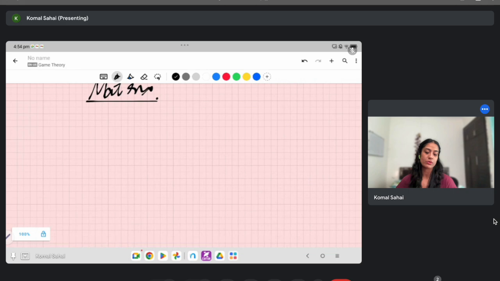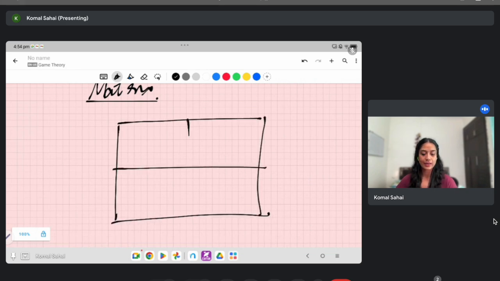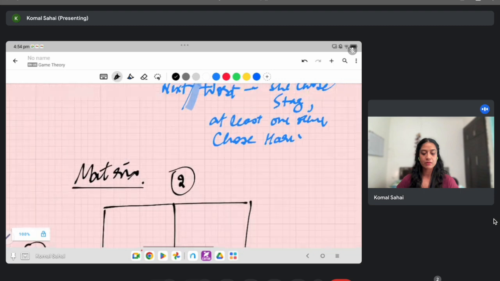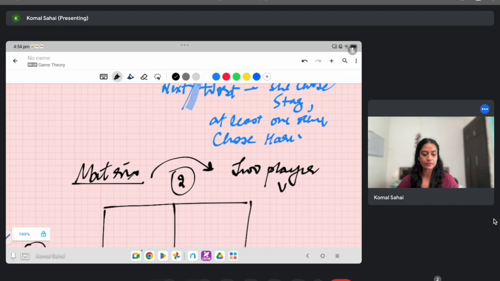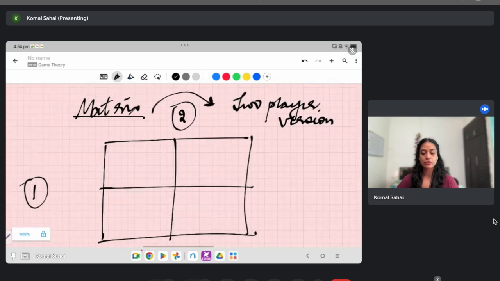And we will also be able to represent it in 2D, okay? So again you have player 1, so you have 2 players now. A matrix will mean that we are working with the 2-player version, okay? So there are 2 options, you either go for stag or hare,